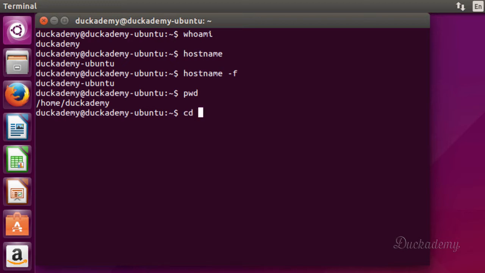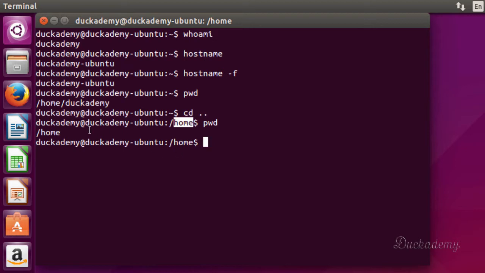Okay, to change between the directories, you can use the cd command. And to go up one level, just type in cd space and 2 dots, press enter. And right now, okay, it prints out that you are in home. To make sure that you are in home, just use the previous command and you can see you are at the home directory. Okay, and type in cd space and the tilde sign, press enter